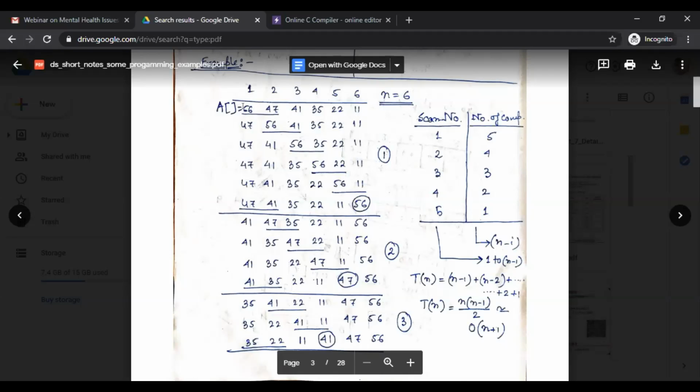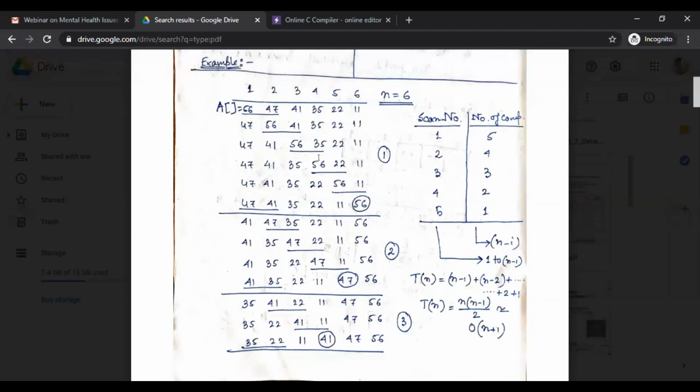Whatever the logic is, we execute the same logic for 5 elements, 5 times. Why 5 times? Because if you have 6 elements in your array and you have already sorted 5 elements, then the 6th element is automatically sorted.